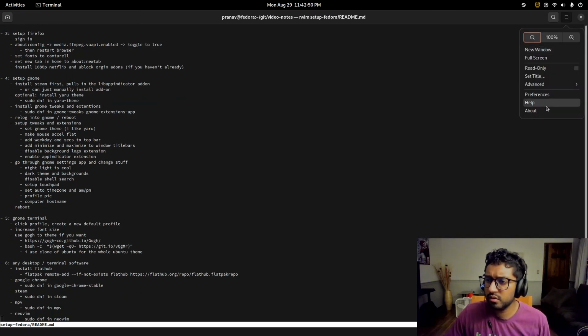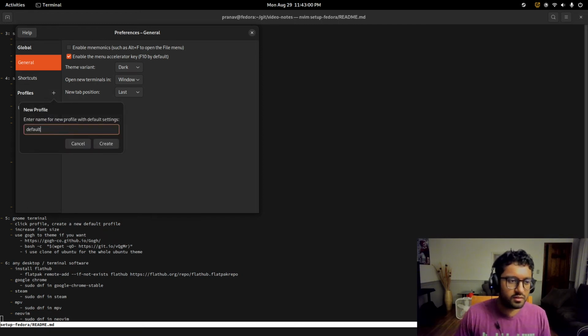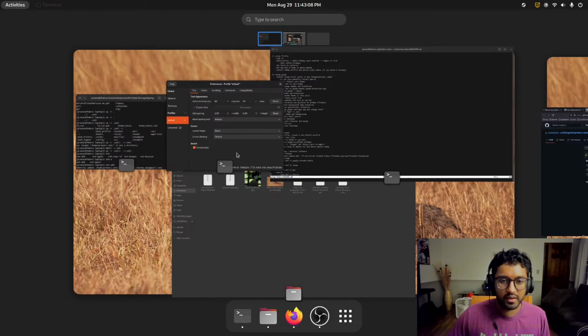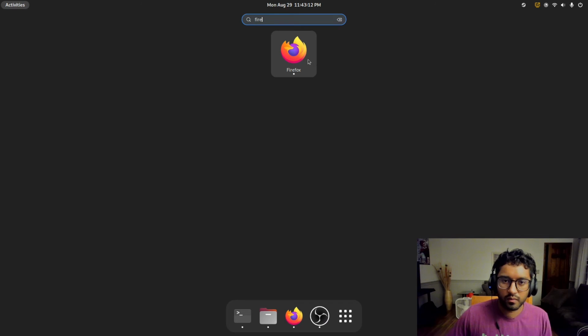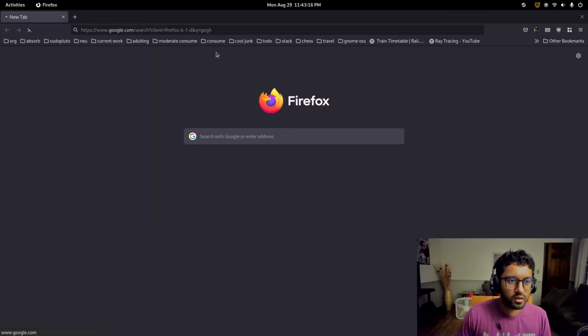So you do preferences, and then this is really dumb. I don't know why it's like this. You can't really modify the default unnamed profile. So what I do is default, and boom, and now suddenly profiles are enabled for your GNOME terminal. So now is when you can go into something like, can I do new window? Yeah. Now you can go install Go